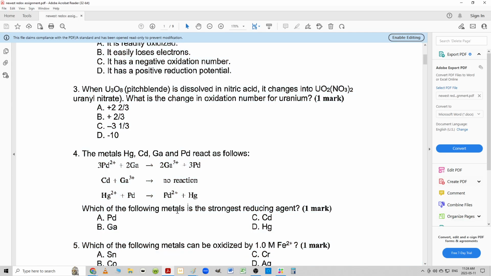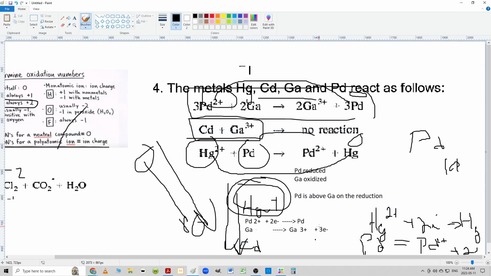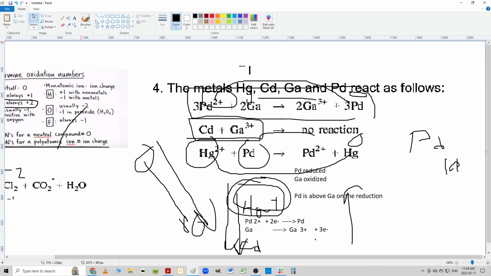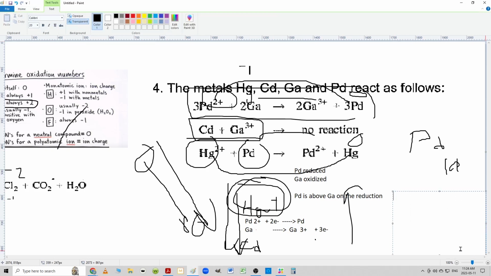It wants us in terms of the strongest reducing agent. The strongest reducing agent is the one that readily oxidizes first. That's the bottom of the list, upwards. So again, kind of some trickery. So that means my order of reactants, based on what's written on the left side of the table, would be